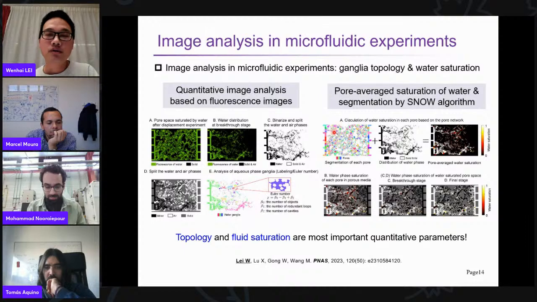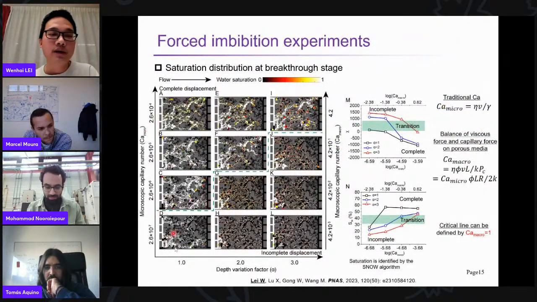And for the local flow behavior, we will use a watershed algorithm to separate the porous media into several pores and calculate each pore's average water saturation. For example, in this phase diagram, we can reproduce a phase diagram. The color in the local pores represents, if it's black, that it is controlled by the water film. And if the water saturation in the local pores is 1, it is controlled by the main meniscus flow, which is fully saturated by the water.